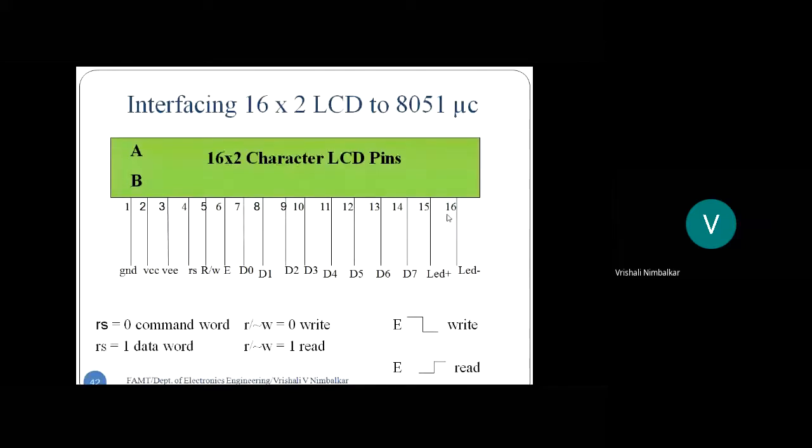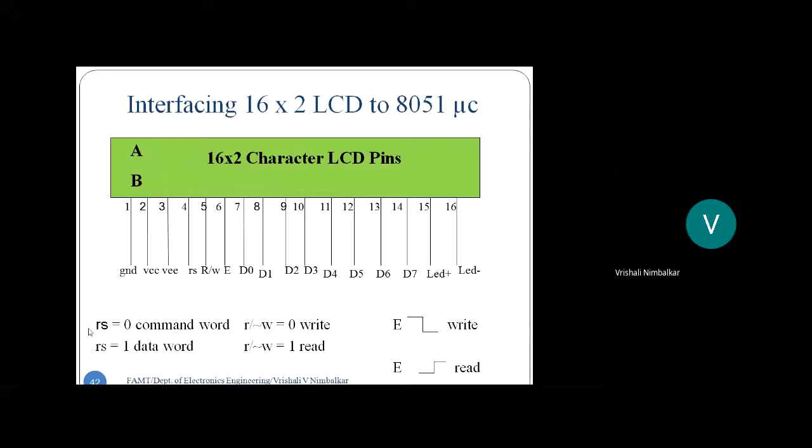Is that okay? Now we will look into what operation the control signals are going to control. So look at the downside. The RS control signal, if that control signal is 0. Now see, these control signals are input signals to the LCD. And this LCD will be connected to a microcontroller. So the microcontroller will be placing logic 0 and logic 1 on the 3 control signals: RS, R/W bar, and enable.